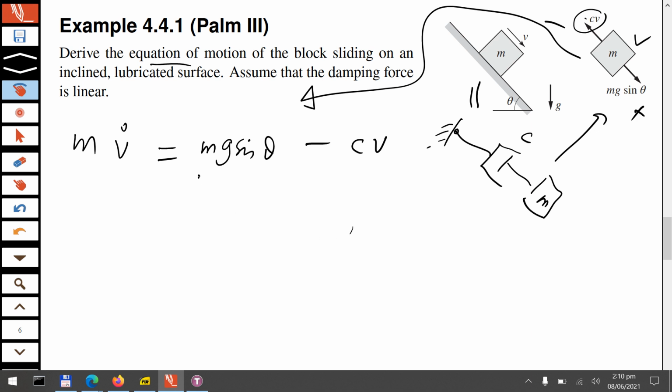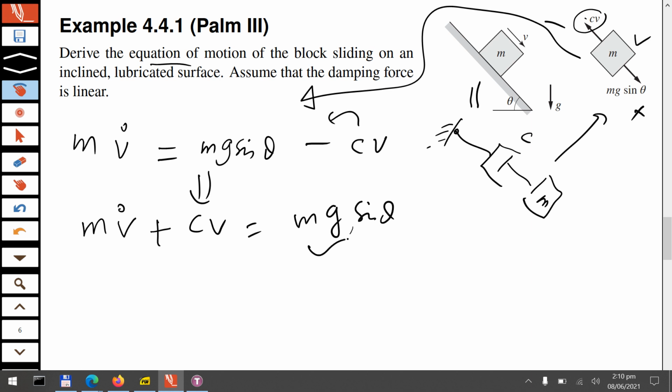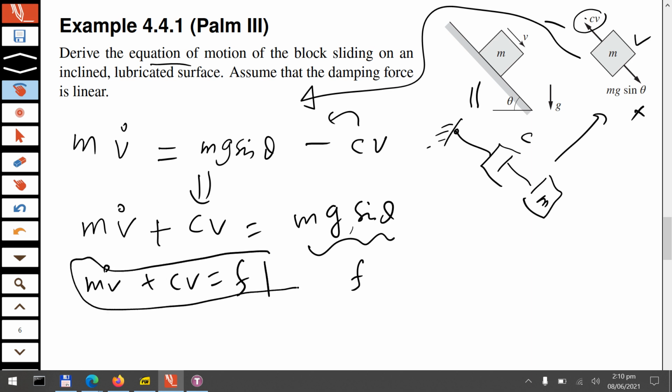Okay, if I rewrite this equation in a form, let's take this minus CV to the other side, and it will be plus CV, and the right hand side will be mg sine of theta, and let's call this mg sine of theta F. So now you have m V dot plus C V equals F, and if you look at this equation,